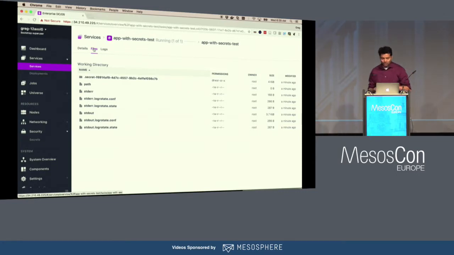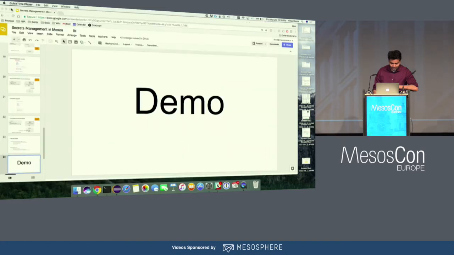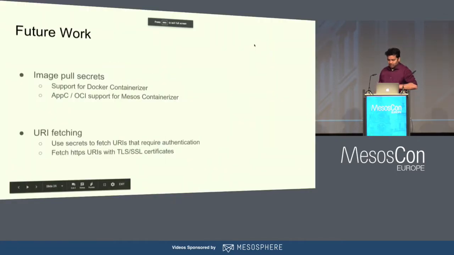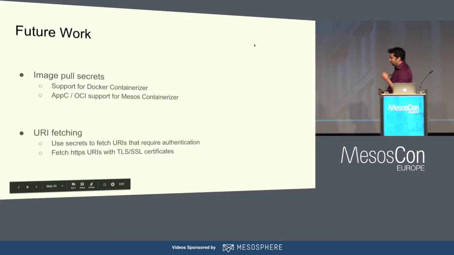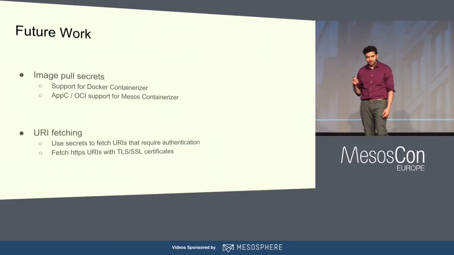So this basically shows that all that wiring and everything works, and we have a first-class implementation of it in DCOS if you want to check it out. So that's pretty much the demo. Let's get back to future work. So as I said, image pull secrets currently only work in the Mesos containerizer,